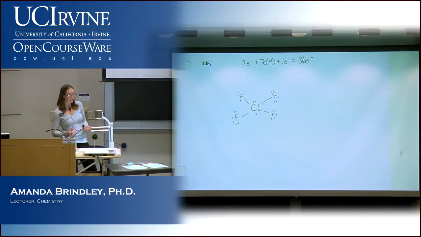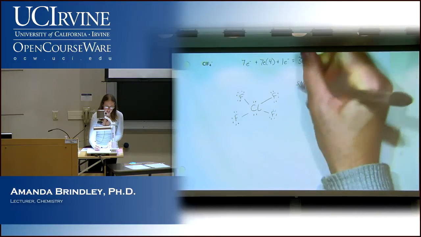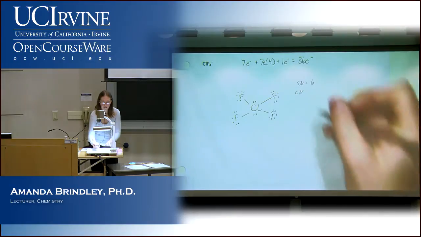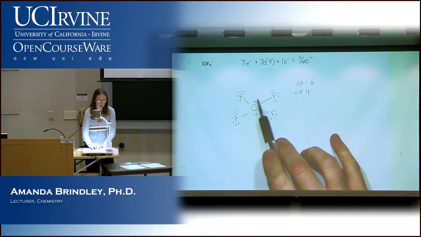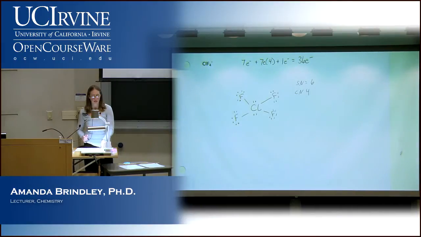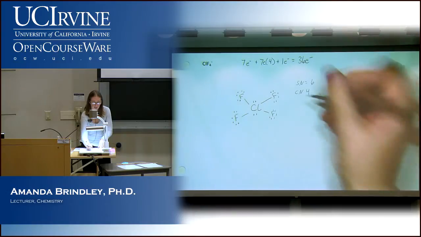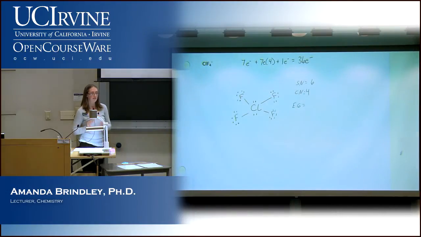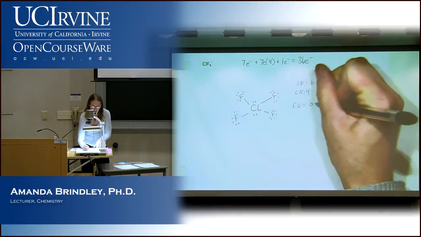So we have a steric number of what? 6. And we have a coordination number of what? 4. All right, so steric number comes from 1, 2, 3, 4, and then each lone pair is 1, so 6. Coordination number comes from the fact that we have 4 things bonded to it. So what is our electron geometry? 6 things bonded, or excuse me, steric number of 6. So octahedral, good.